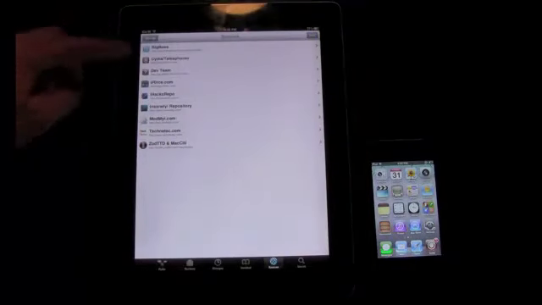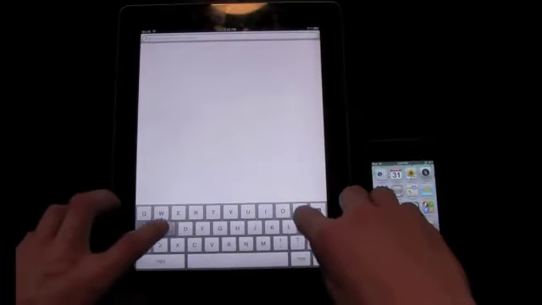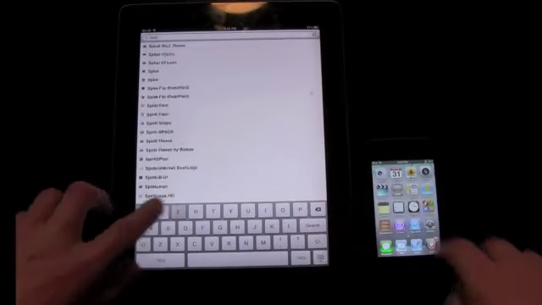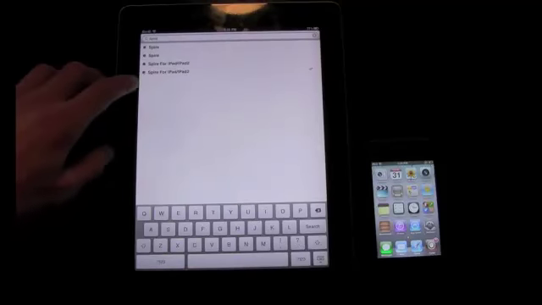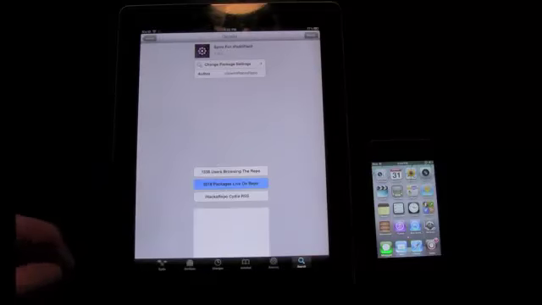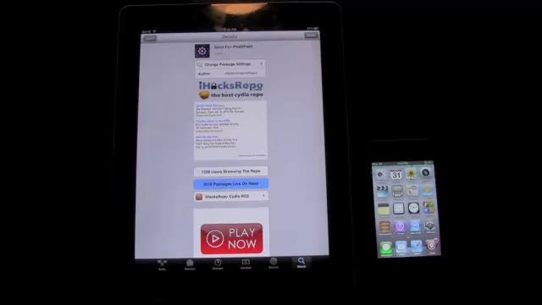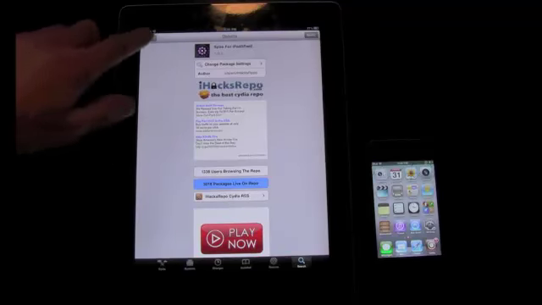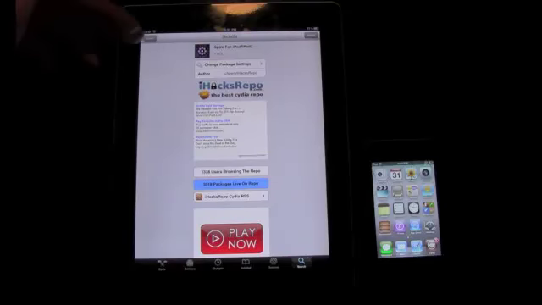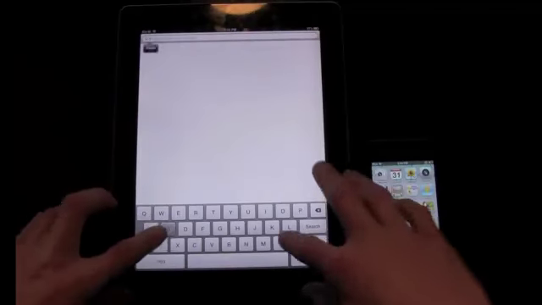So once you have ihacksrepo added, then all you have to do is go to the search tab and search for Spire. That's S-P-I-R-E. Once you search for it, you will have to get Spire for iPad-iPad 2, and that is from the iHacks repo. Now, once you've installed it, you will have to reboot, and please note that it will take a while to actually install because it has to set up the cache files, and then once it does install, you can actually reboot your device, come back to this, and then you will have to install something else, and that is Siri